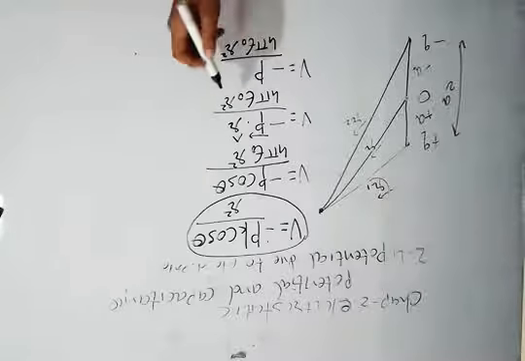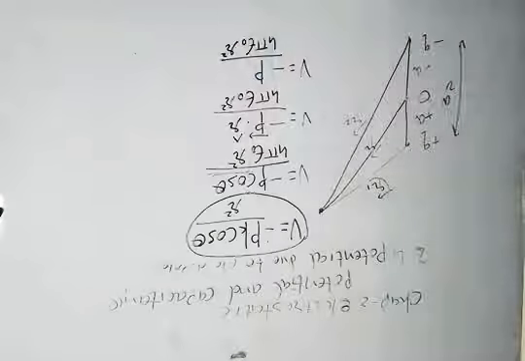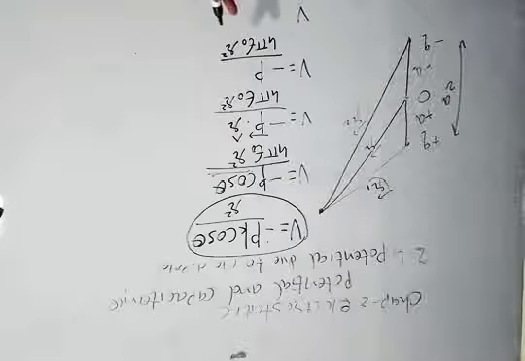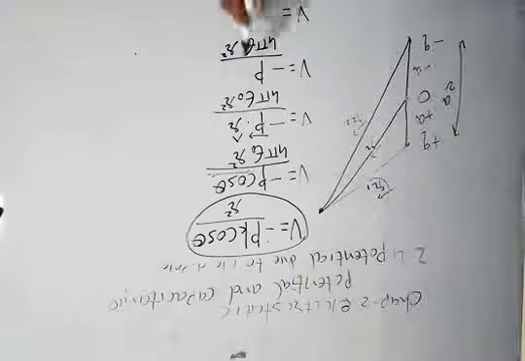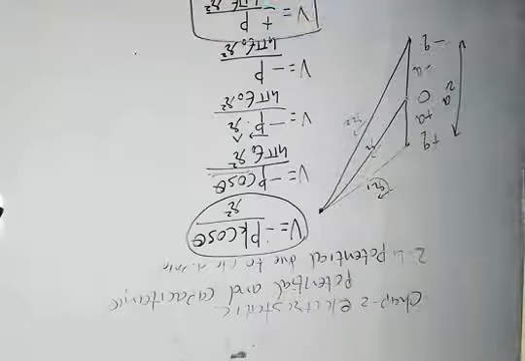So the orientation of positive and negative charge is also important. By this theta angle, if we put different angles here, then we get different values of V. If theta is equal to 0, then we get p upon 4 pi epsilon 0 into r square. If we put 90 degrees, then V will be 0. So for different angles we get different values. Clear? So for two opposite orientations, we get plus or minus p upon 4 pi epsilon 0 into r square. So this is our final formula.